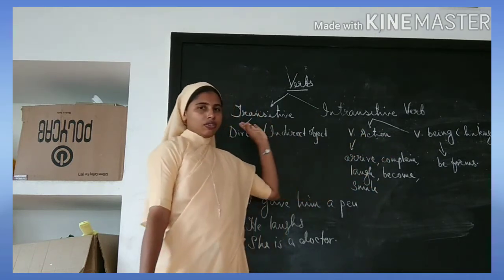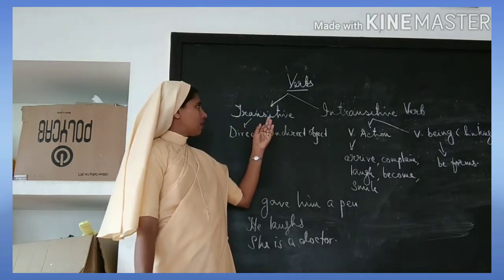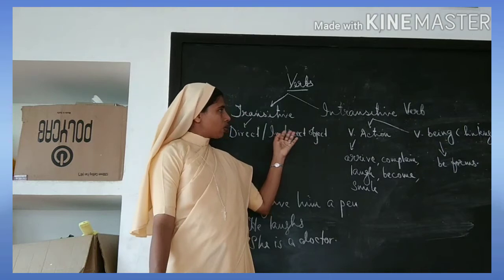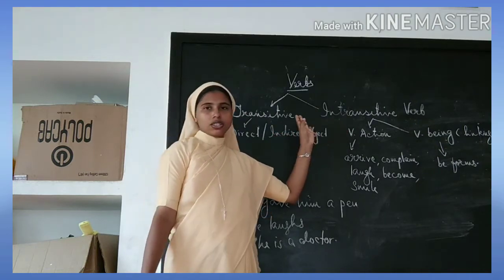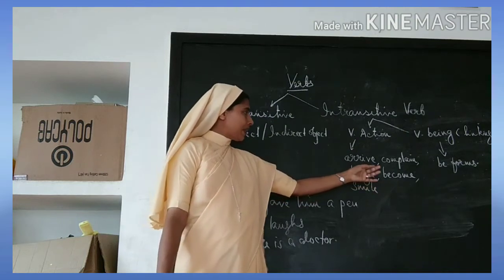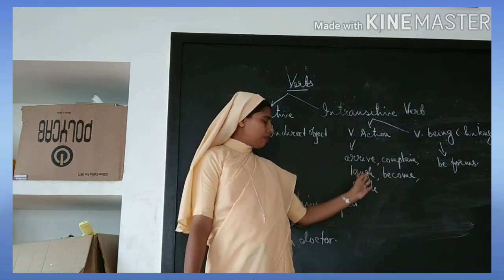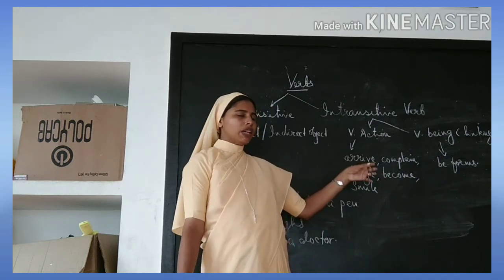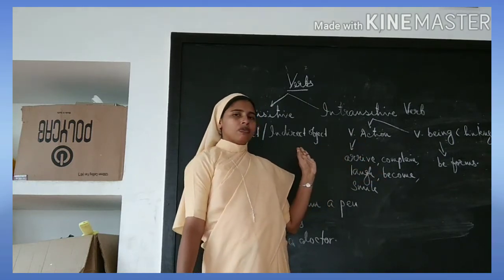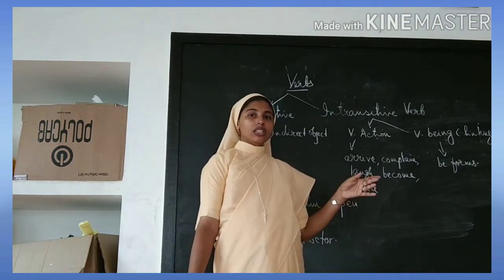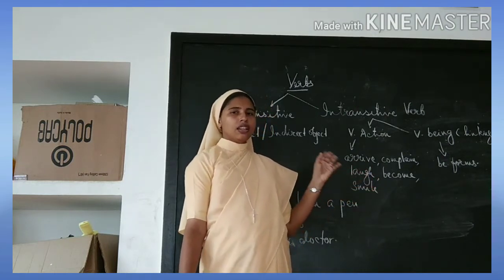These verbs, the verbs which we use as transitive verbs will be used as intransitive verbs, but it is compulsory that arrive, complain, laugh, become, smile, etc., will remain only as intransitive verbs